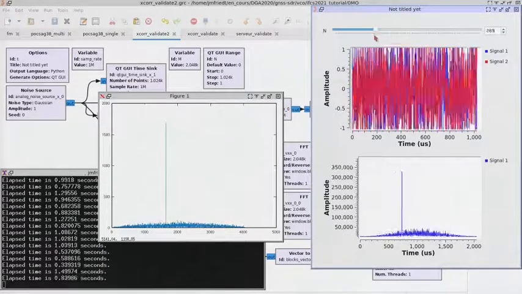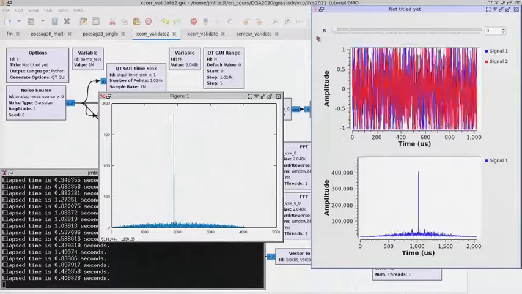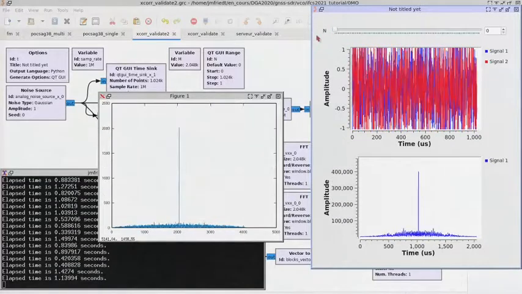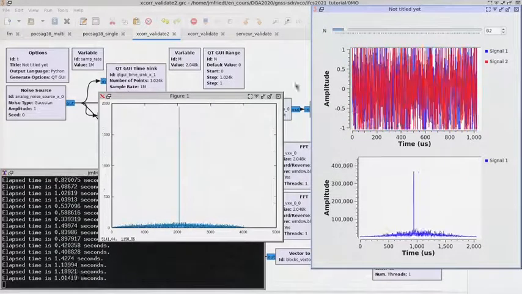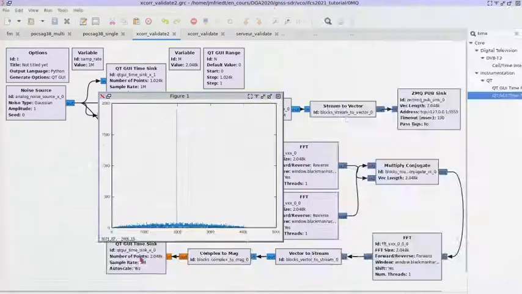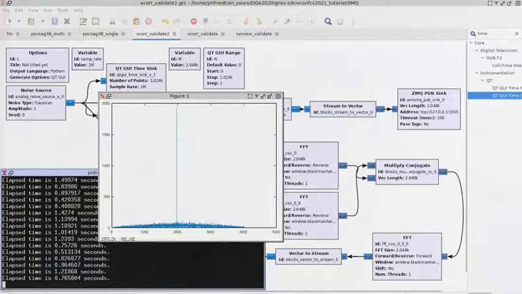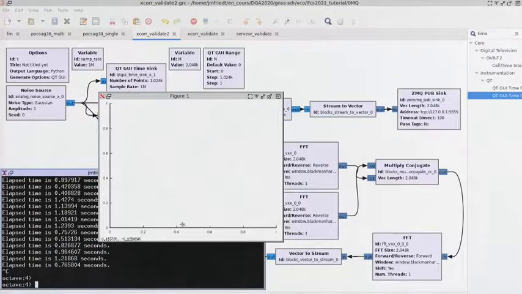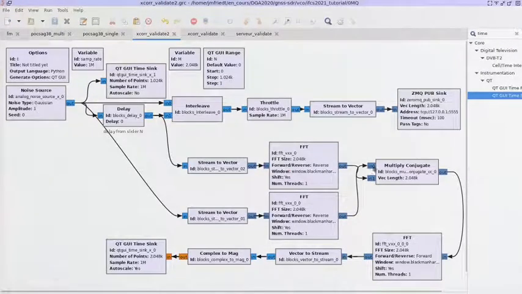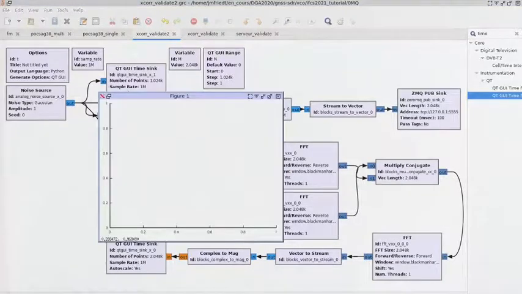Actually, that's quite expected, since if we read the source code of the cross correlation of Octave, we will see that this implementation is actually exactly what is running in Octave. Octave's cross correlation function is actually Fourier transform, multiply conjugate, and inverse Fourier transform. So this concludes the